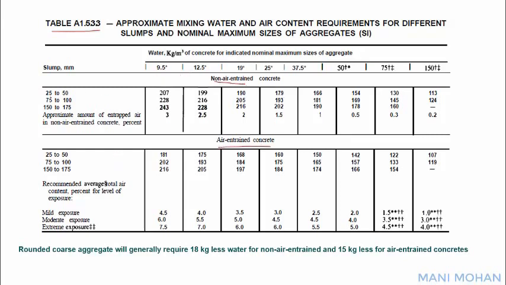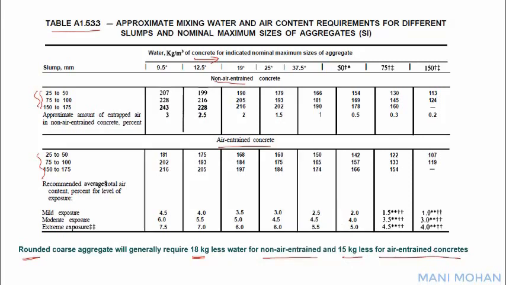For the given slump, as you can see here, we have the slump values, and in this direction we have the maximum size of the coarse aggregate. So with reference to slump and the maximum size of the aggregate, the water content has been defined. Now it must be noted that the water content provided here is for angular shaped aggregates. In case aggregates are round, the recommended trial water content will be reduced by 18 kg for non-air entrained concrete, and it should be reduced by 15 kg